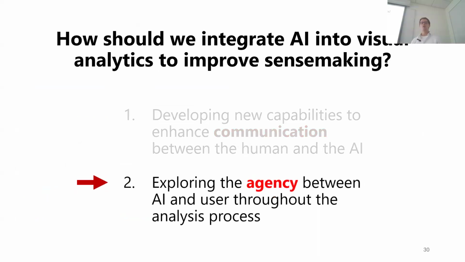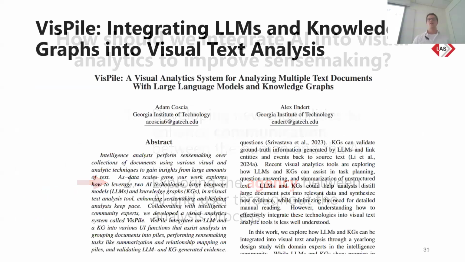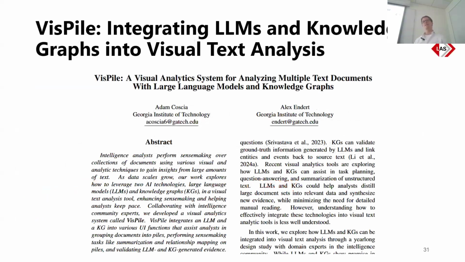And then second, I want to explore issues of agency. So now, which tasks should humans do and which tasks should AI do? And to explore those questions, we're going to talk about a second tool that I built called VisPile. And so VisPile was the result of a design study we did with US intelligence community analysts and program managers. And so our goal was to explore ways to integrate AI technologies, namely LLMs and knowledge graphs, into unstructured text